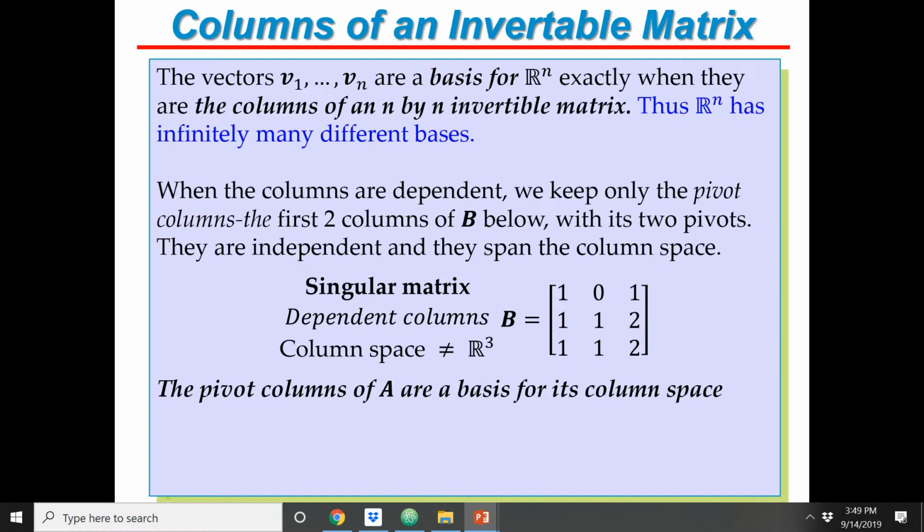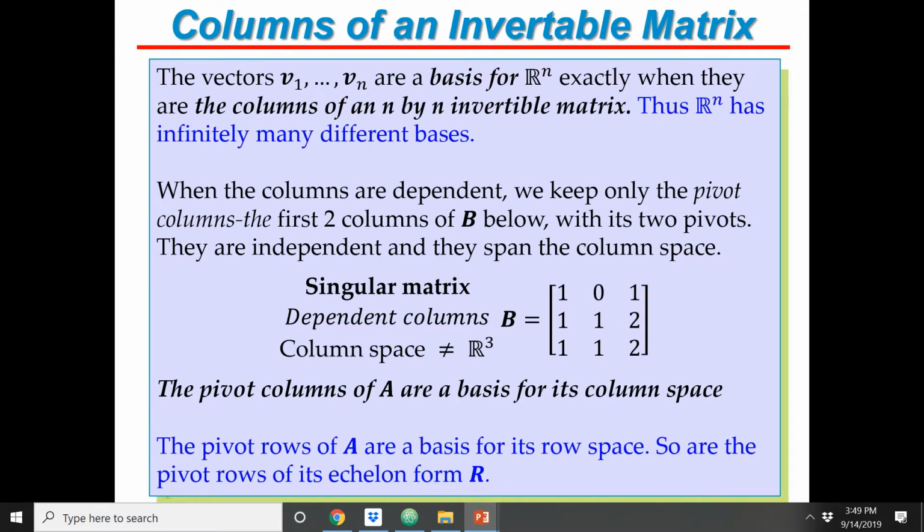So do not take the independent columns of R and take those as a basis for the matrix A. Those are a basis for R. For the column space of R, you need the corresponding basis for the column space of A. So take the same pivot columns, but select the columns of A to form the column space of A. Okay,